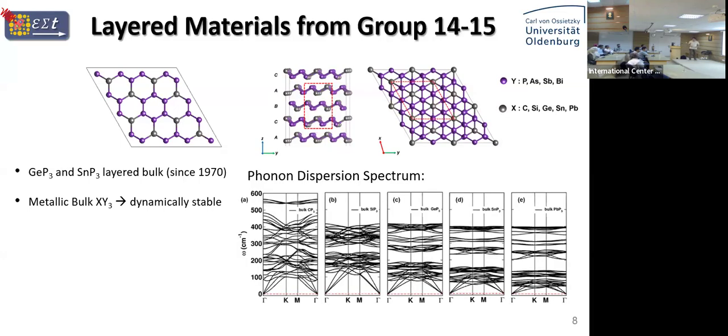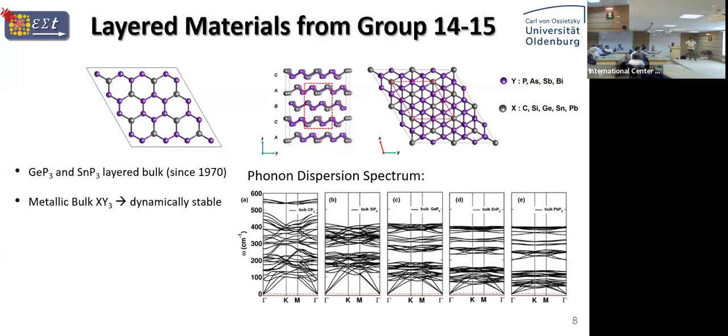So first we started with the stability. This is called the phonon dispersion spectrum. It tells you all the possible vibrational modes in your system. And as you can see, the bottom is at 0, so all the vibrational frequencies are positive. We don't see any imaginary frequencies or negative modes in our system, indicating